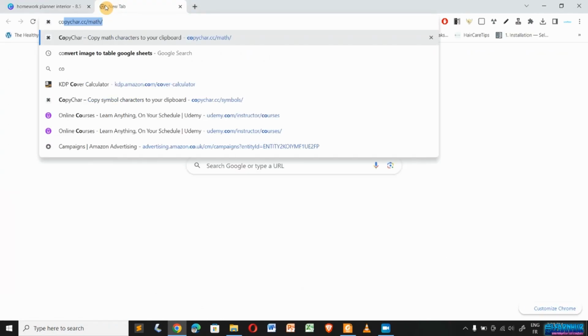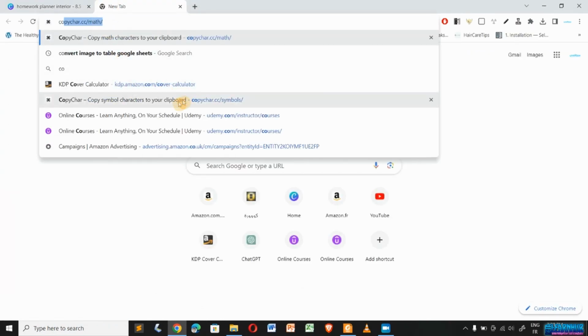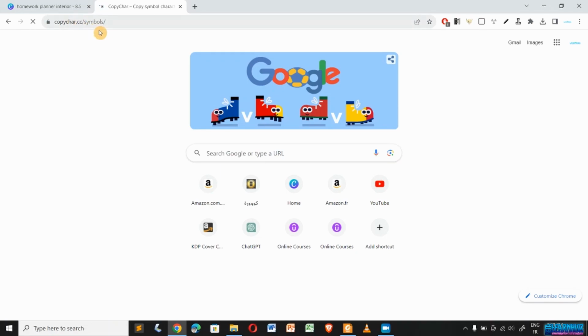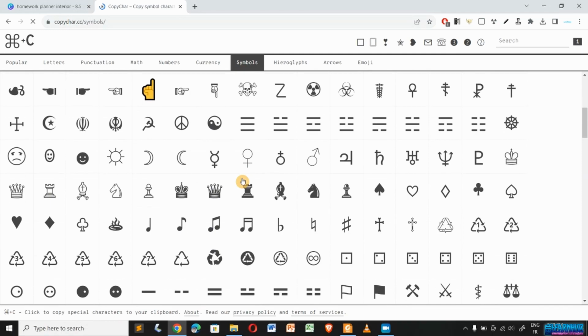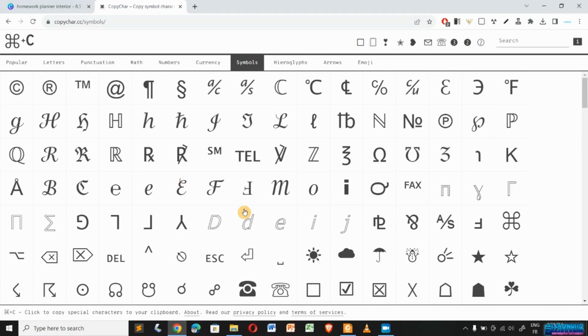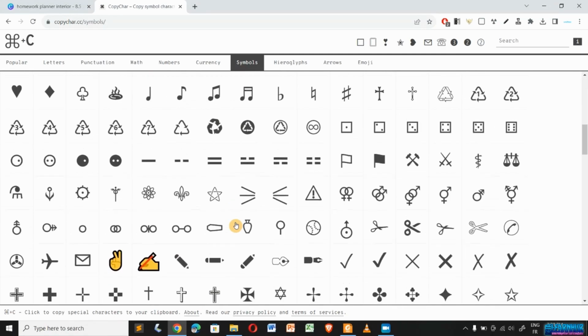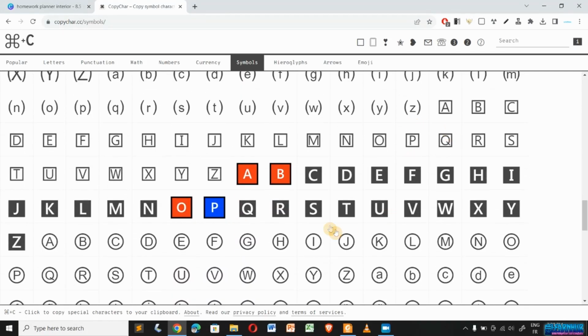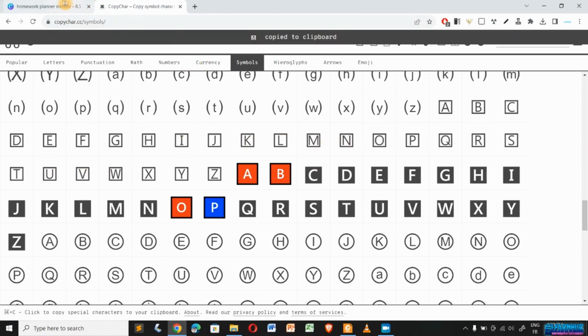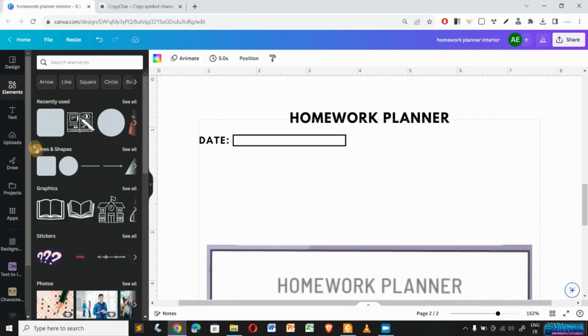The tool I'm going to use is called copy paste. Just enter this site. It's free and there are no ads here. Go to symbol and you will find some symbols that you can use directly. For example, here I'm going to look for the letters with some squares. For example, here we have our letter for Monday, M. I'm going to choose M here and go to text,